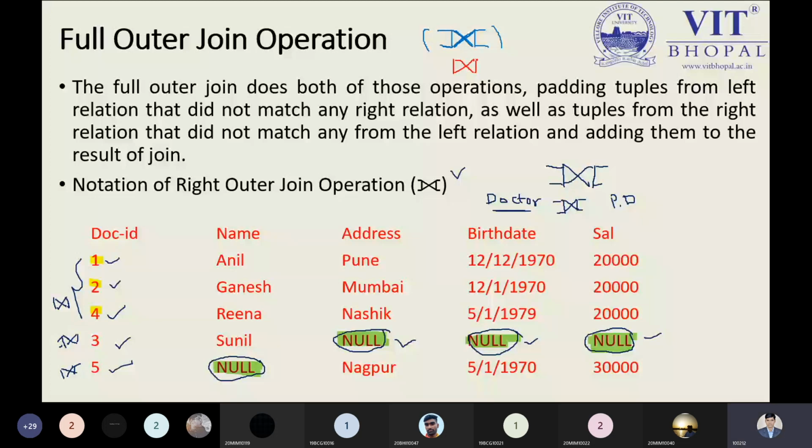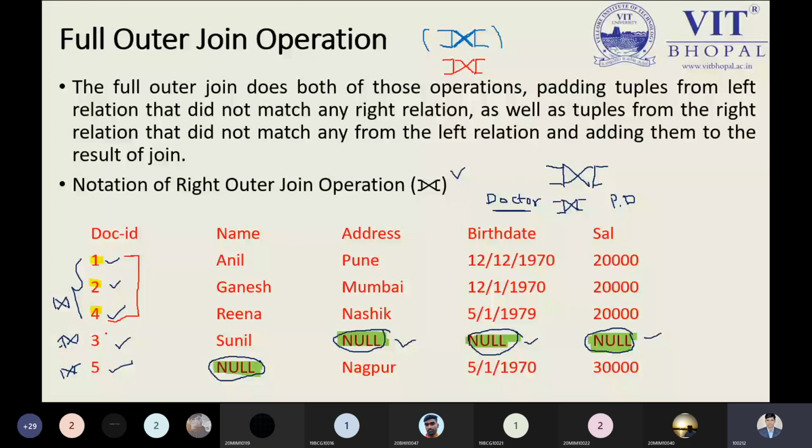So from this perspective, you are able to see 1, 2, 3 is a common attribute. So I'm just marking this point. Now you can see on my slide as well. So 1, 2, 4 is coming commonly, and then after applying the left outer join, if you want to apply the right outer join first, then you can apply. It's a choice. So now I'm applying the left outer join first, and then 3 will come over here, and the rest of the information which are not part of the left outer join, that is the browser address, birth date, salary, we have seen. So I have put it as null.